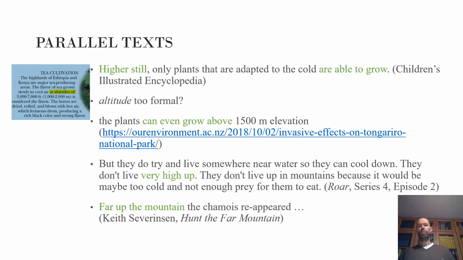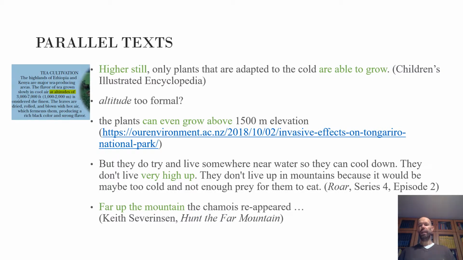concerns the use of "above" as a preposition, and we can see here that we have a phrase in an original English text of the type "can even grow above 1,500 meters elevation." Elevation being a very formal equivalent for altitude. It's more precise, it's used by geographers, but we wouldn't want to use it here in a text intended for children. Another question I was wondering about is whether we can use "very high up," which is very informal, but